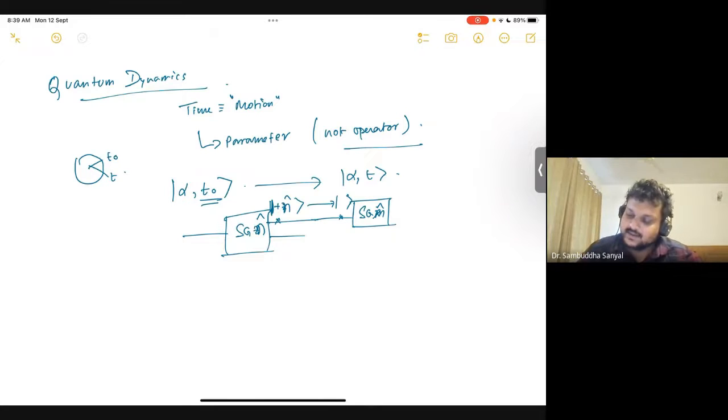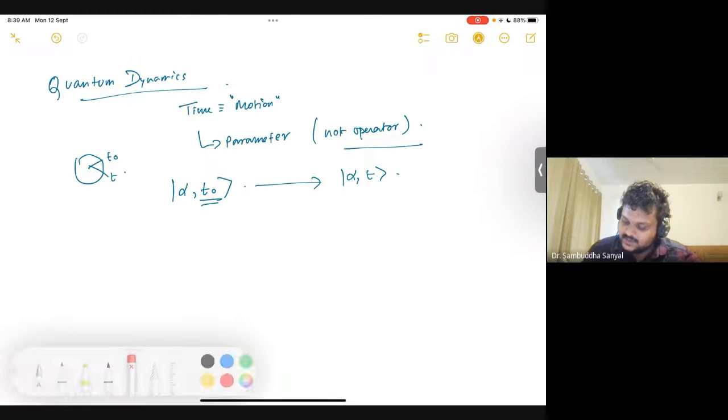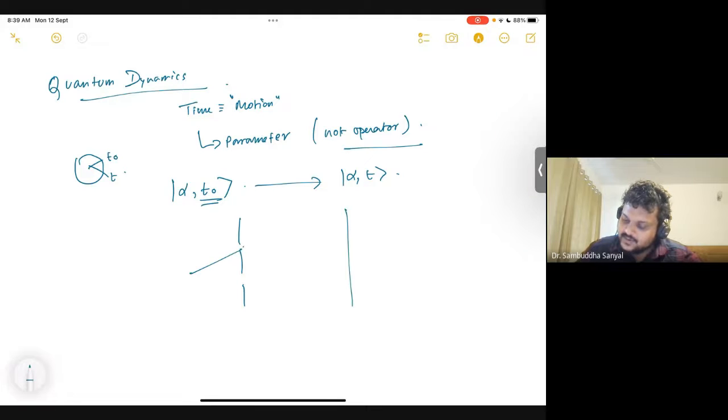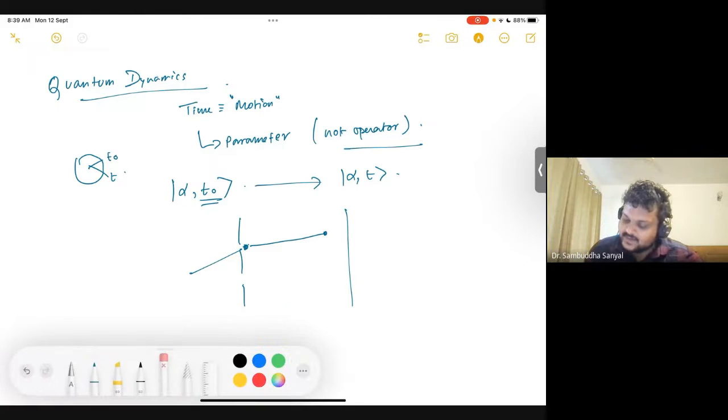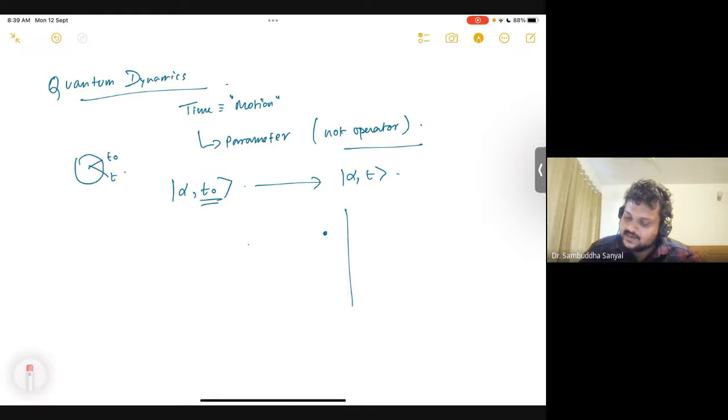So that is the sort of question we want to ask. If you want to ask it in the context of the double slit, then let's say I have an electron starting from one slit and between two screens, the electron is passing through. Let's say I identified it to be here, and then how do I connect these two states, which is between measurements? So that is the sort of thing we want to understand. That's what we also did before. So we know already how to do it in classical mechanics.